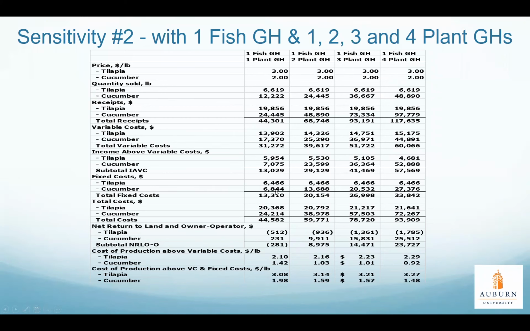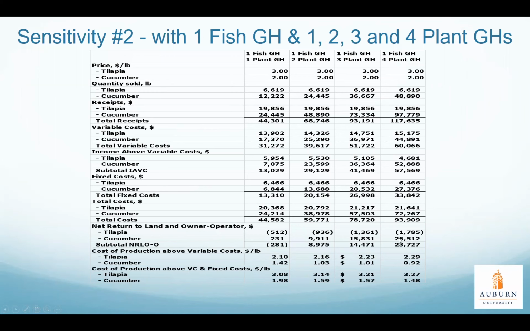And we can go right down here to our net returns, and looking at the tilapia was losing, cucumber gain positive, and tilapia losing a little bit more, the cucumber gaining a lot more with 2 cucumber greenhouses. With 3 cucumber greenhouses, we're getting a lot more for the cucumbers. This tilapia goes up in cost, and that's due to those common expenses that we divided 50-50 between the tilapia and the cucumber enterprises. And at 4 plant greenhouses, again with the 1 fish greenhouse,